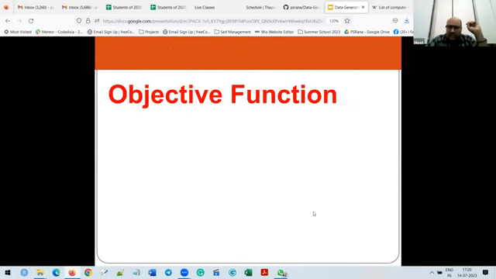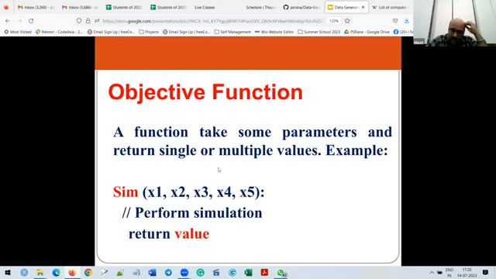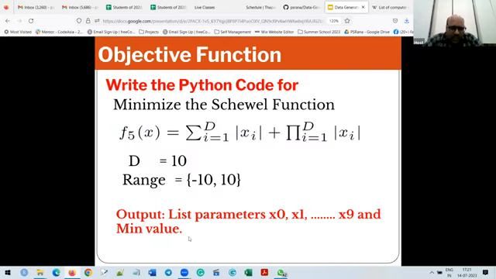ठीक है. अब next, जो पैरामीटर आपने जनरेट किए हैं उन्हीं को आपको फंक्शन को पास करना है, उससे जो वैल्यू आएगी उसको नोट डाउन कर लेना है. So let's suppose objective function is nothing but a simulation function, a function that takes some parameters and returns single or multiple values. Multiple values means जैसे हमने OpenSim में देखा था, it returns 4 values, so 4 forces it returns. So find out the function, उसमें कुछ simulation software रहेगा, simulation की library रहेगी, and then return the value. So let's suppose class this is a function. You can easily code this function.